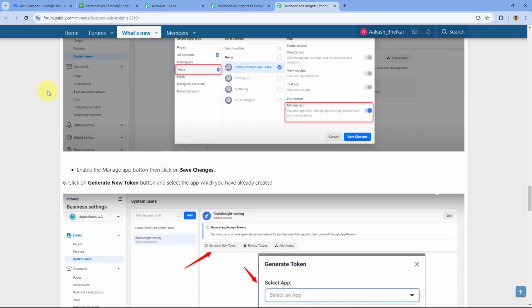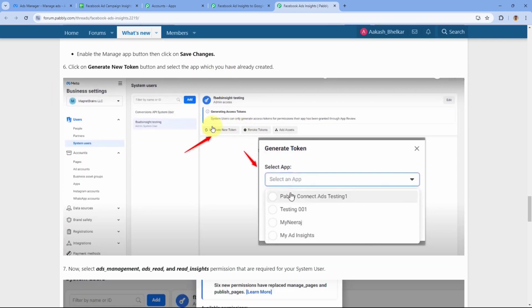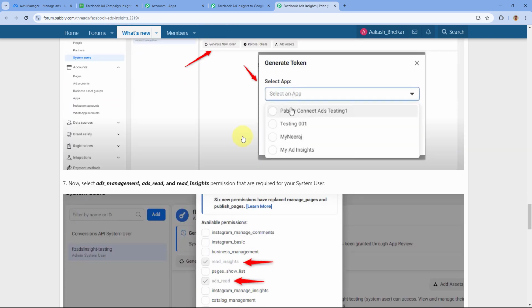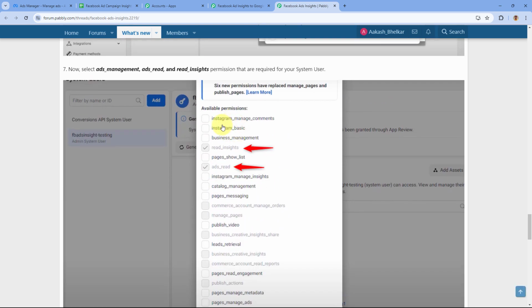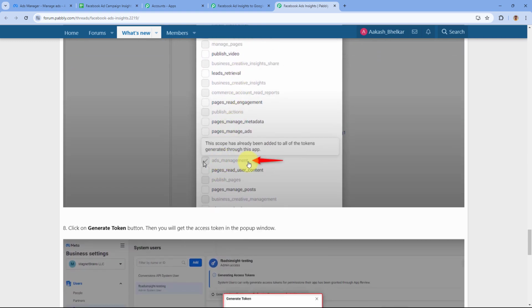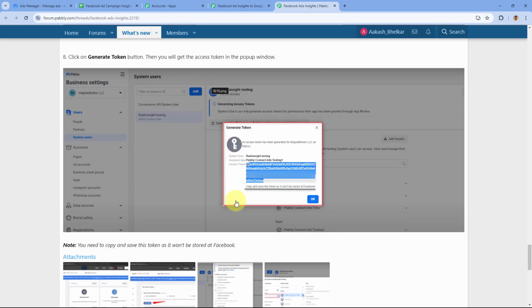And after following all the steps, just go to the app section, select the same app which we have created and give the access of this app to this particular system user as well. And after giving the access, we have to generate the token. So just click on this generate token button, and after generating the token, select the same app which we have created just now. Then we have to select some permissions over here. So basically we have to select 3 permissions. It will ask us for the permission before generating the token. So we have to select read_insights, ads_read, and ads_management. We have to select these 3 permissions, and after selecting the permissions, just click on next